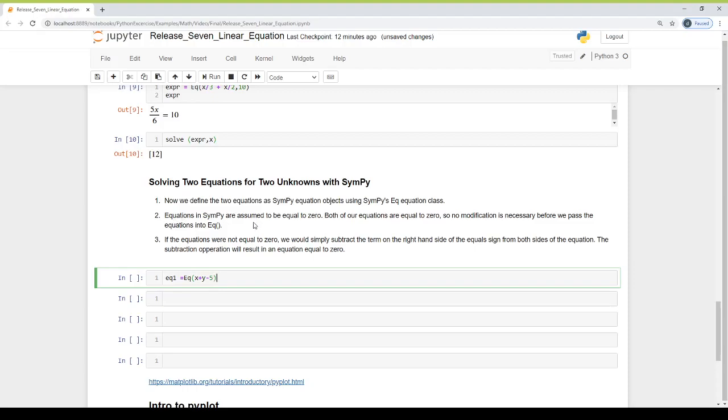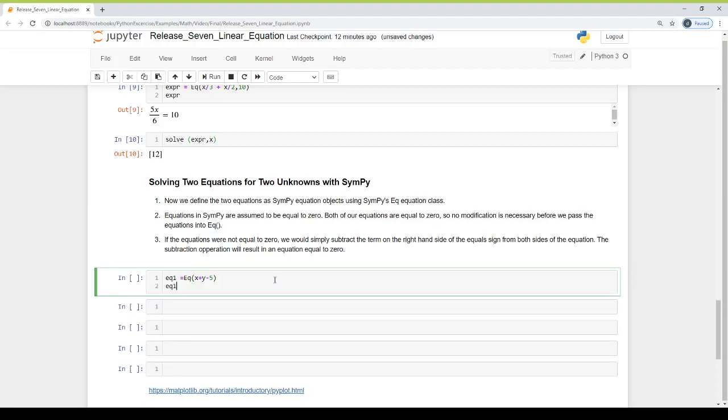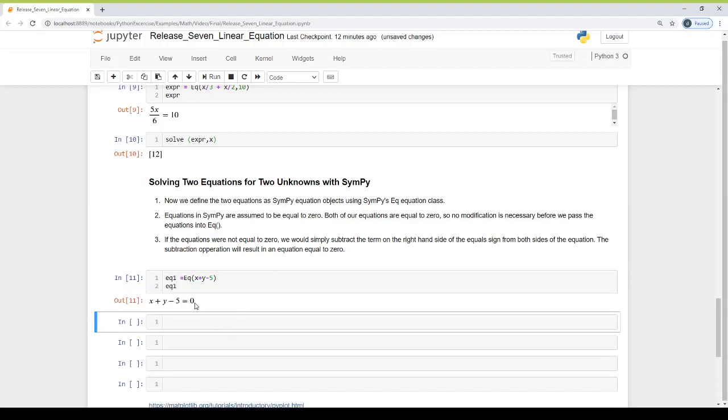Equations in SymPy are assumed to be equal to 0 for eq1. If the equation were not equal to 0, we would simply subtract the right hand side and take it to the left hand side and change its sign. The subtraction will result in an equation equal to 0.